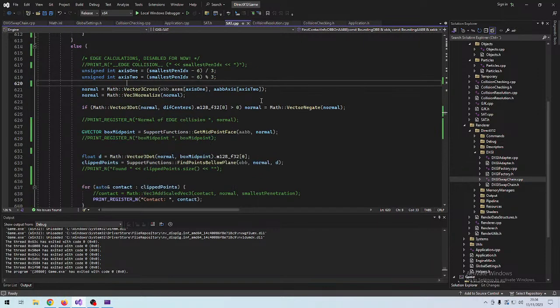So this is a part of the algorithm where I might end up improving upon it, and I'll still come back to how to use the SAT